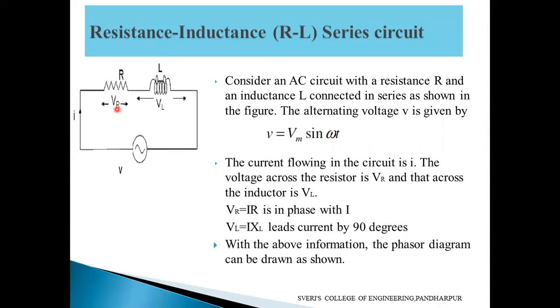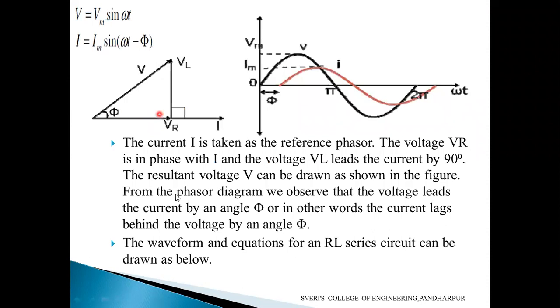VR into I we can write down. VR into I is nothing but the RMS value directly. We will take that down. Don't take instantaneous values. VR into I. According to the phasor diagram, what is the value of cos phi? Cos phi equal to what can we write from this diagram? VR upon V.